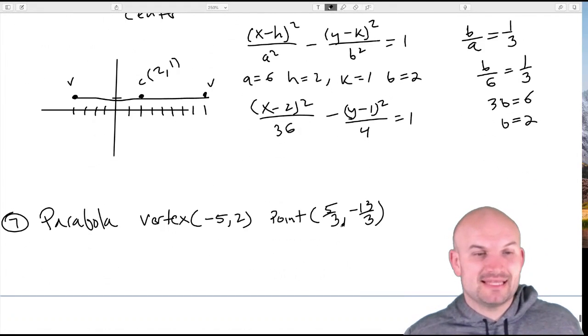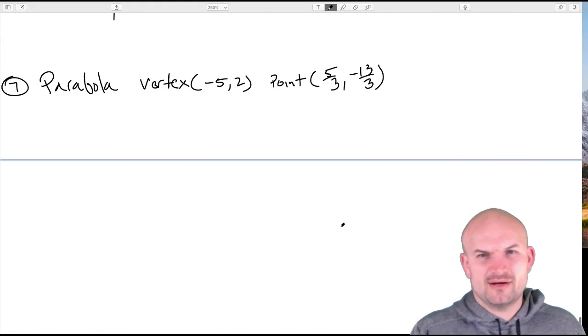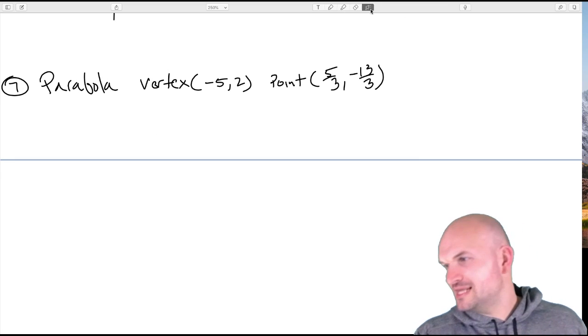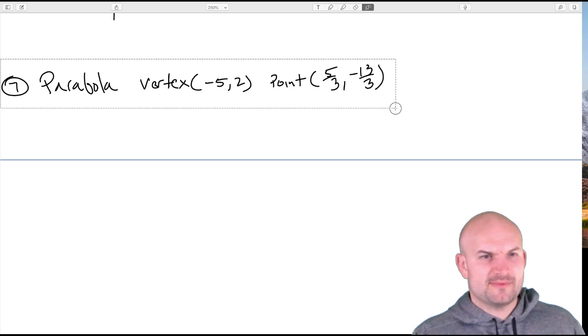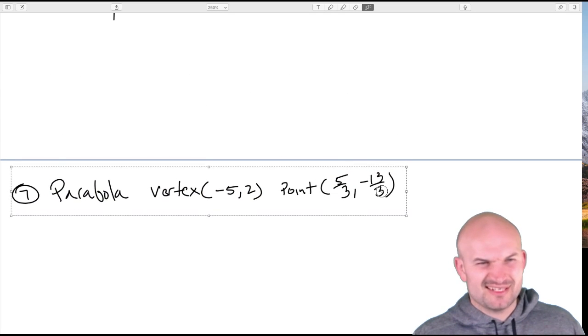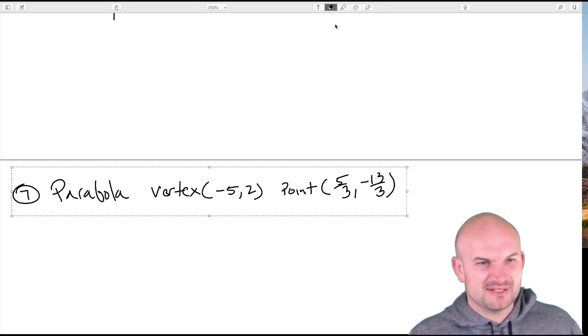All right, guys, last but not least here. Oh, why did I do a parabola right there? That's kind of weird. Let's go and get to this last example here, or at least the last example that I have prepared. Another one with fractions doesn't seem very fun, but that's okay. Let's go and get to it.